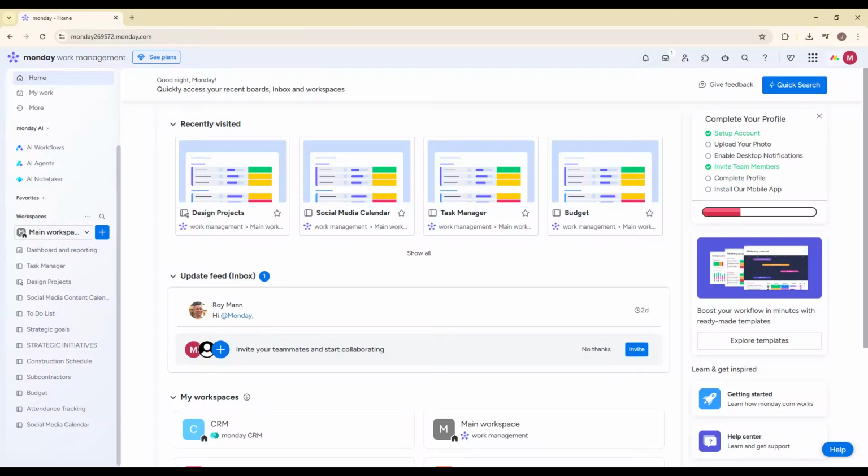In today's video, I'm going to show you exactly how to add a milestone in Monday.com step by step. Milestones are a powerful way to track major project goals like launches, approvals, or key deadlines, and setting them up properly helps your entire team stay aligned. Whether you're managing a small project or a large workflow, this simple setup will make your board much more organized